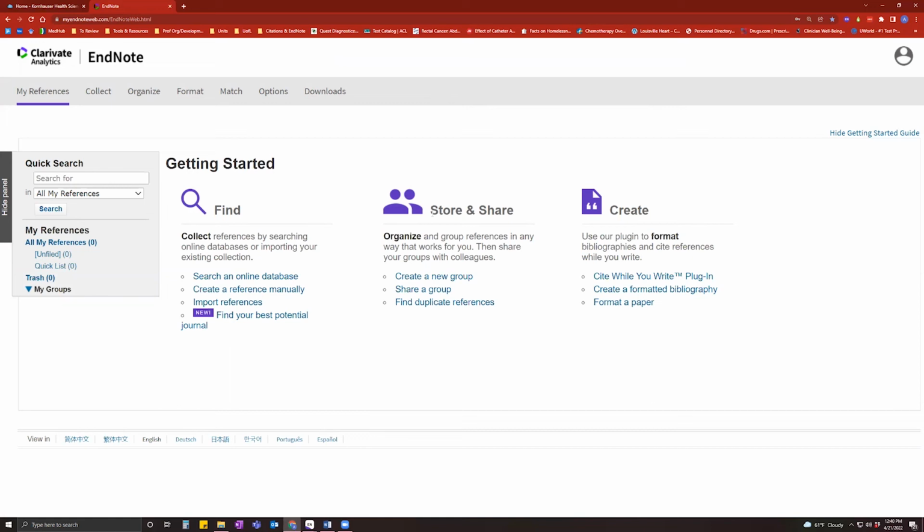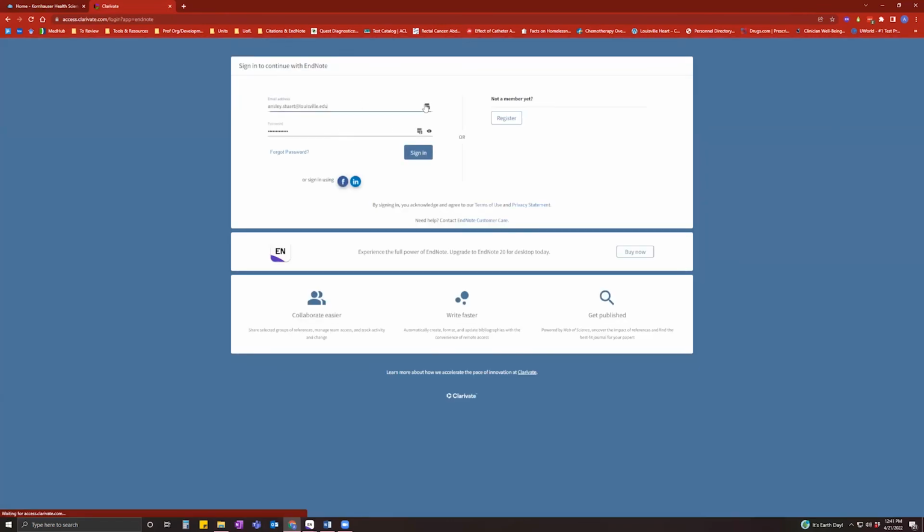So this is what you'll see first time logging in, and it's completely blank. And so you won't have any references or anything like that. I logged into one that actually is not affiliated with my EndNote because I would like to show you what it looks like when you log in for the first time. However, if I go in and sign in with the one that is actually affiliated with my EndNote library files,